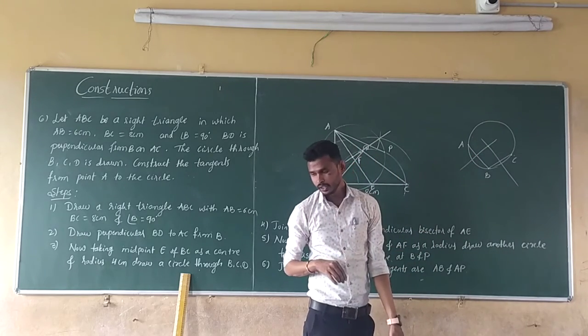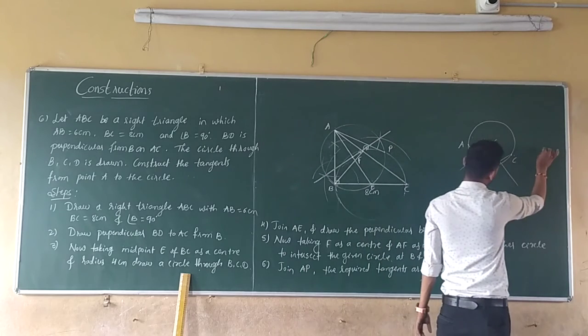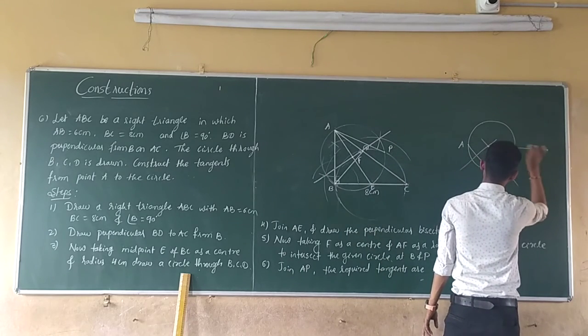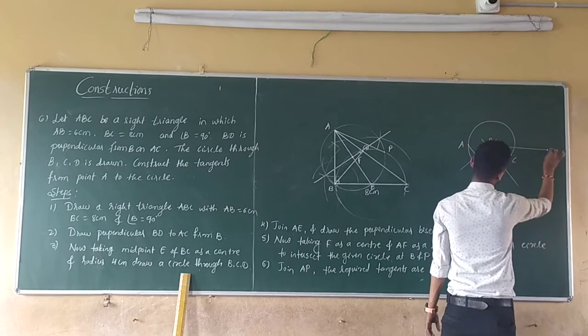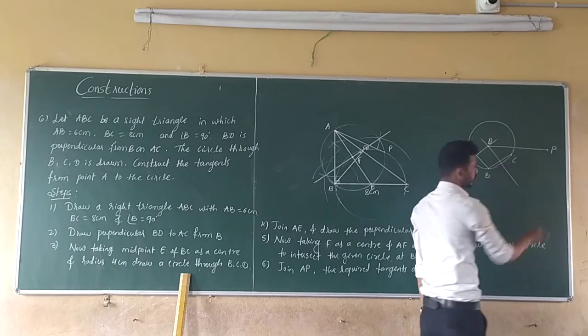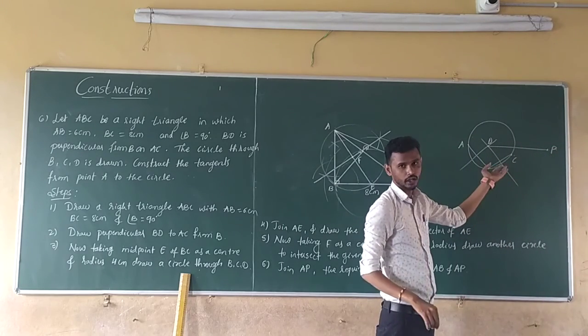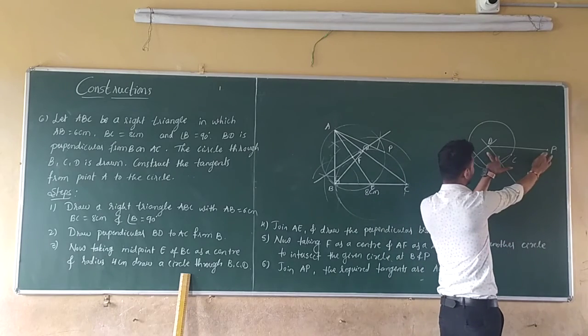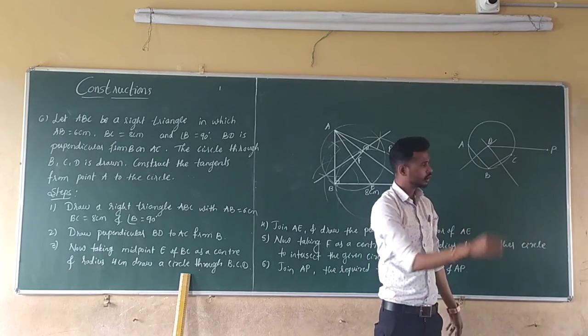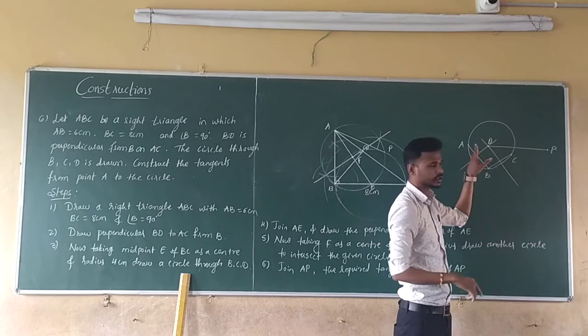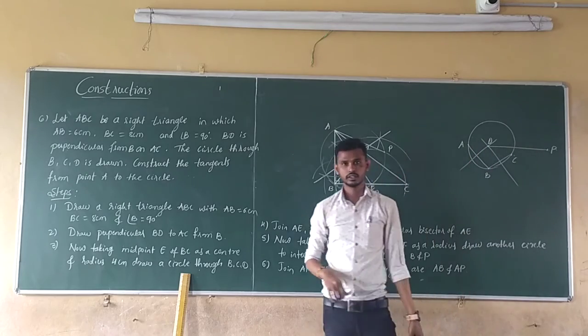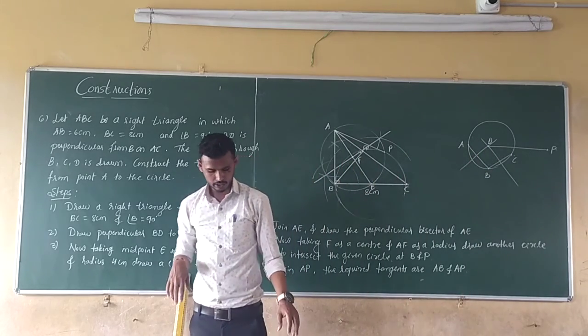And again, they said take a point outside the circle. So take any point outside the circle and join the external point to the center. Next, as usual, find the perpendicular bisector of this line segment, draw another circle to intersect the given circle, so you will get the tangents. So take that one as your homework.